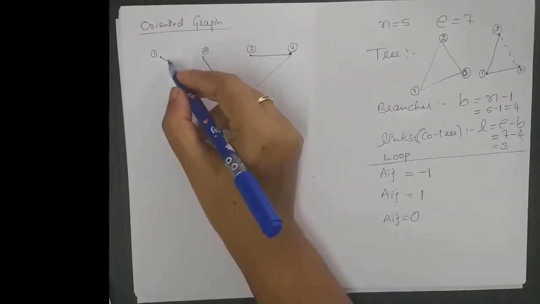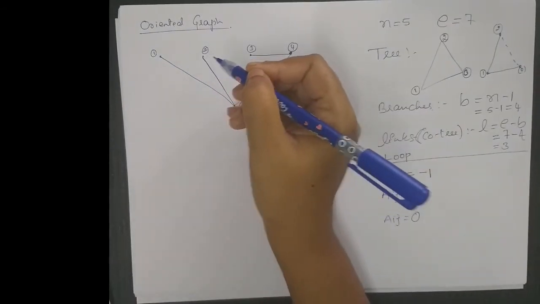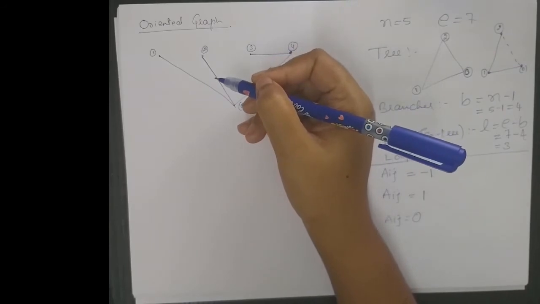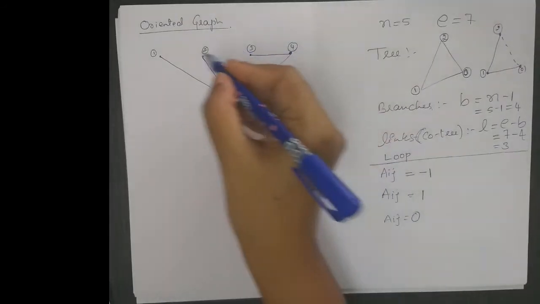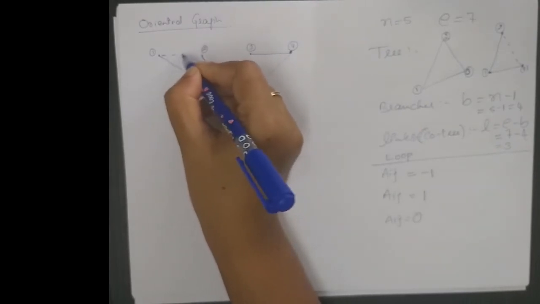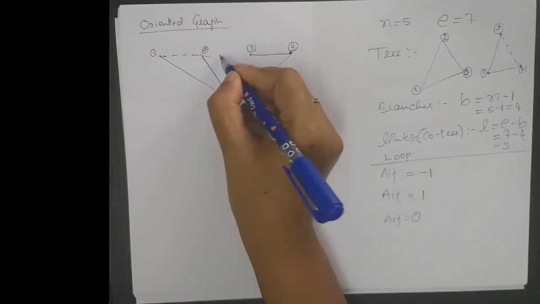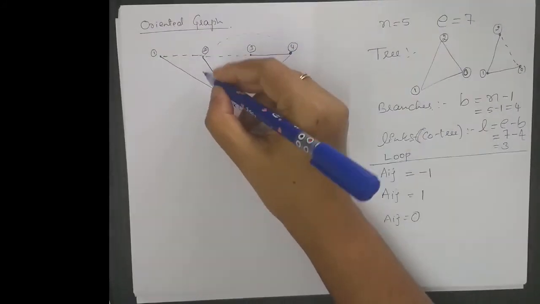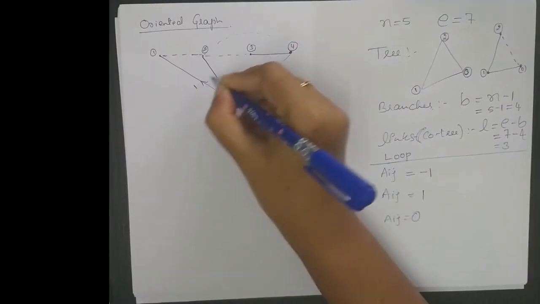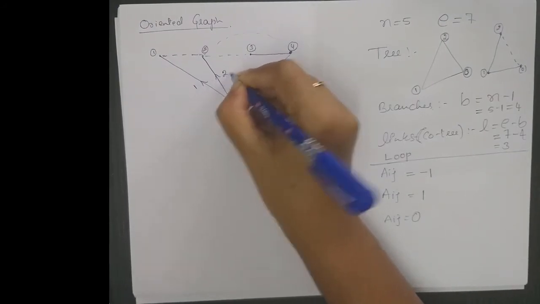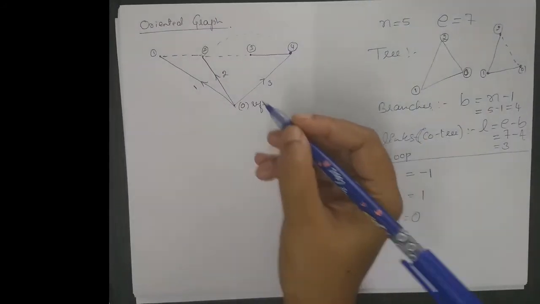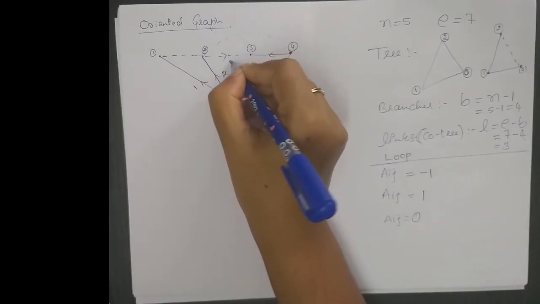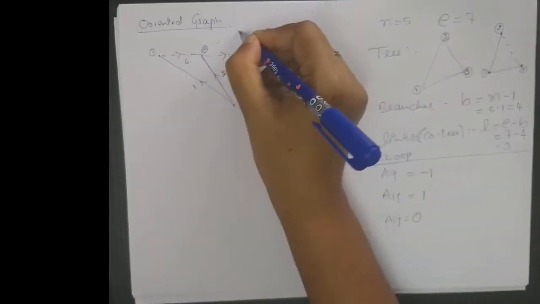And from this again we have to form the links. Links are those elements of the connected graph that are not included in the tree. So in this particular network, this can be a link, and this can be a link, and this can be a link. We have already given a direction to each element: 4, 5, 6, 7.